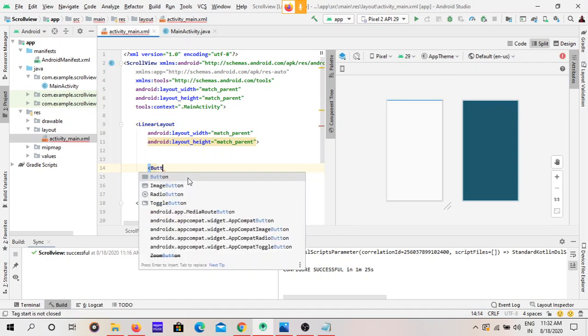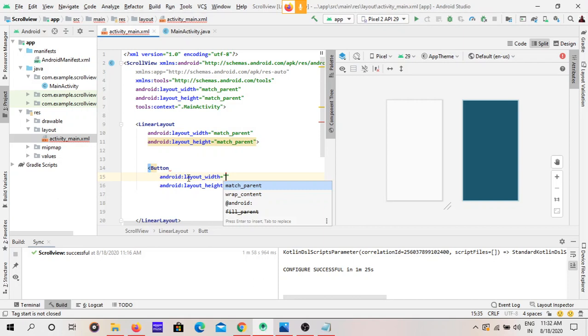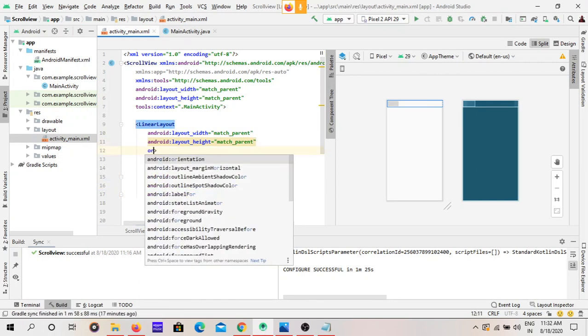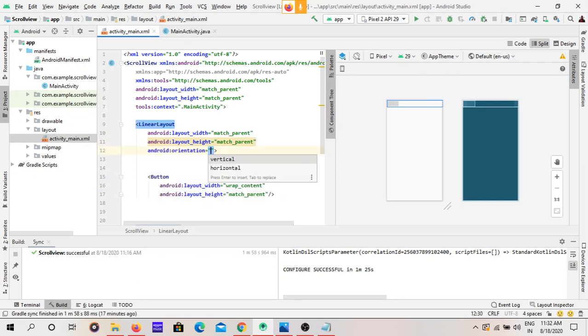I want to add 10 buttons which are wrap content. Sorry, I forgot to set the orientation to the linear layout. If you want to know more about orientation, you can watch the previous videos posted on our channel, Umang Solutions YouTube channel.